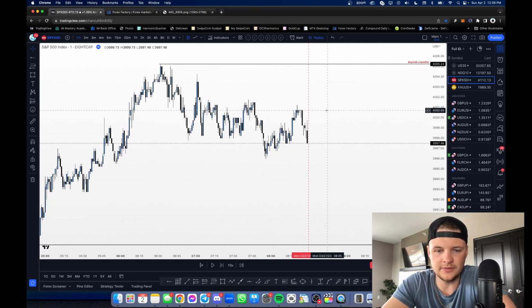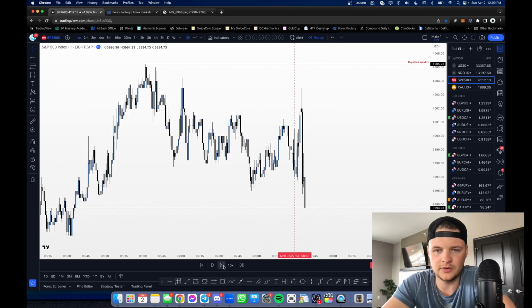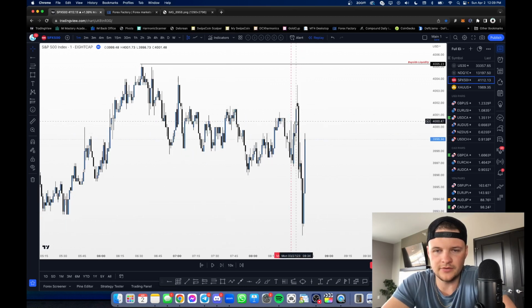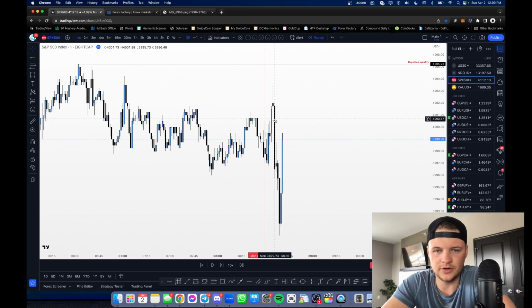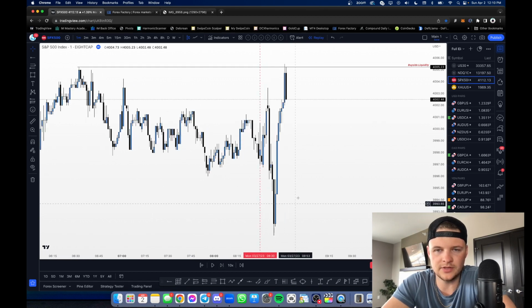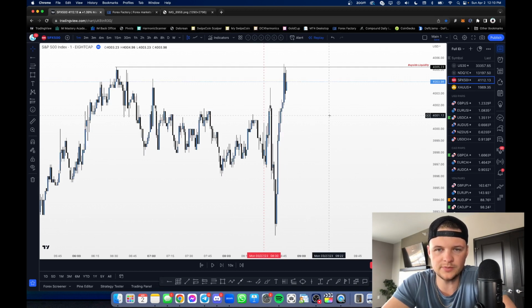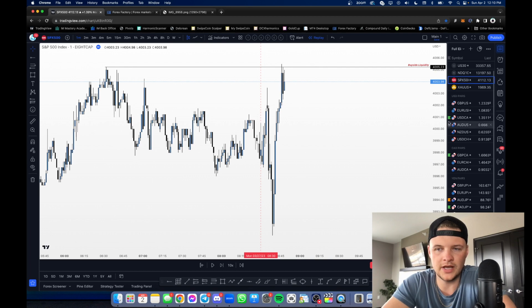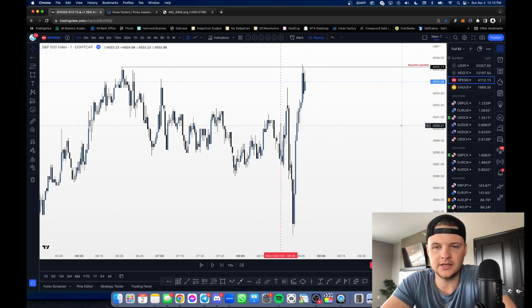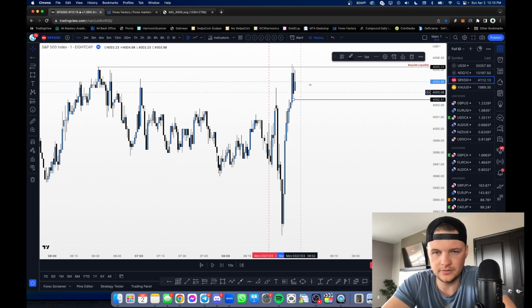And basically, just to fast forward to get us up to par here, if we play this out, this is that fair value gap that I was referring to. Didn't play this at all. Just waiting, and then price comes up here, and we sweep this buy side liquidity, right? So we sweep this buy side liquidity, and what I should have done in hindsight is I should have been willing to play this move right here.